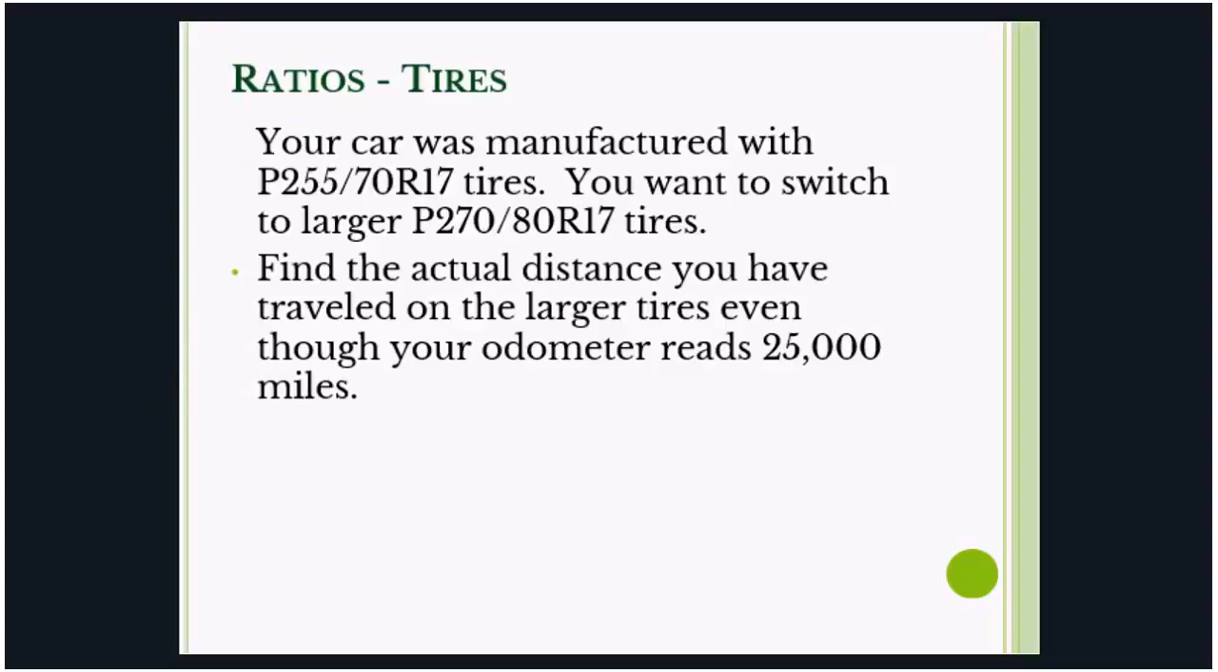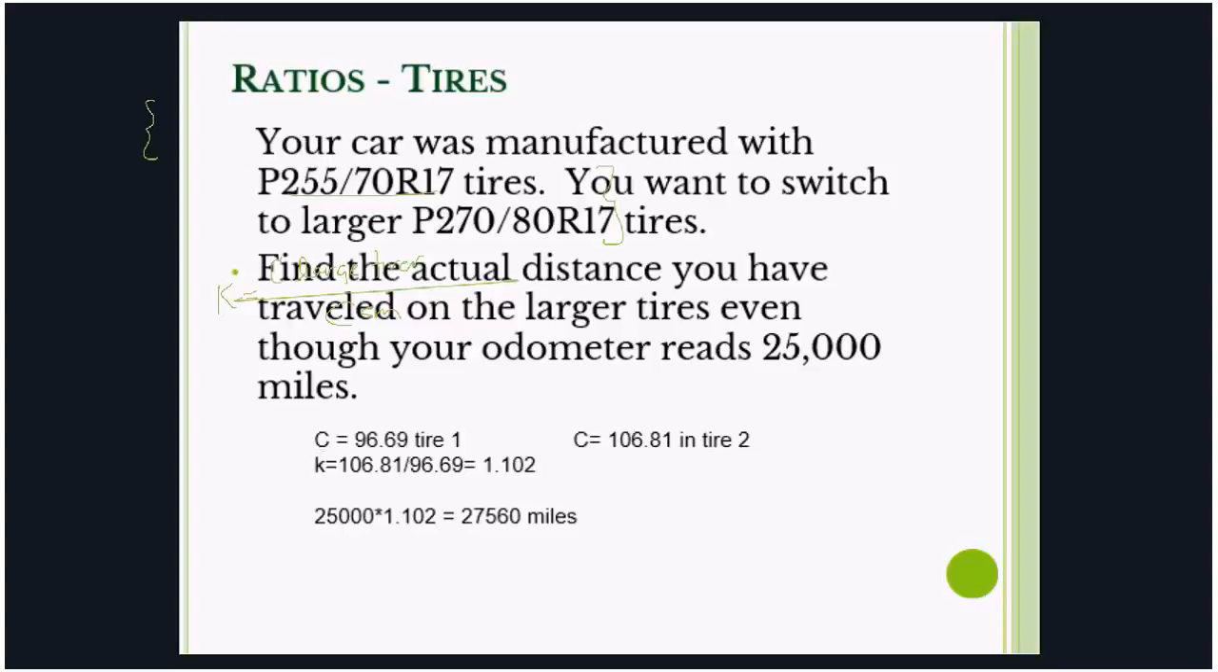All right, so next we have a tire problem again, and we're using these same tires from the previous problem, except now it wants to know the actual travel, how far you have really gone. In order to do this, you need to find the K value. The K value is the circumference of the larger tire divided by the circumference of the smaller tire. So in this particular case, I take the circumference of the second tire, which is